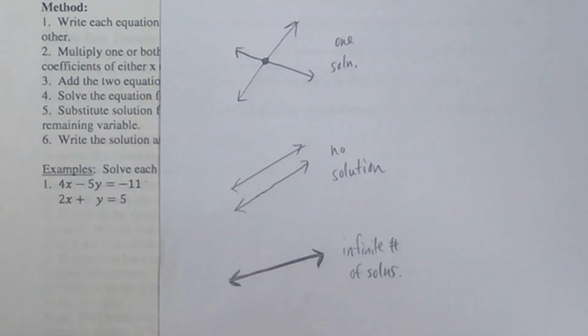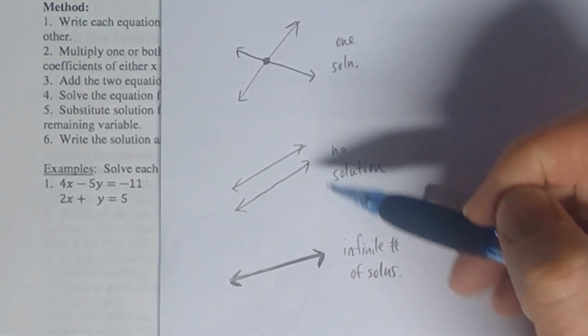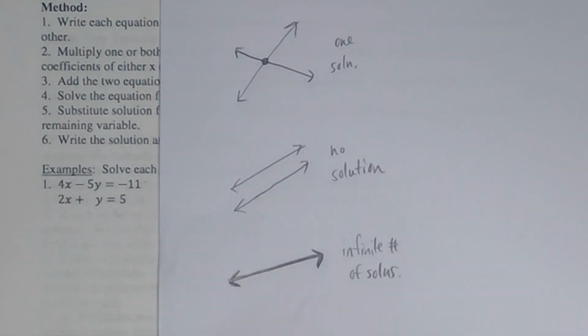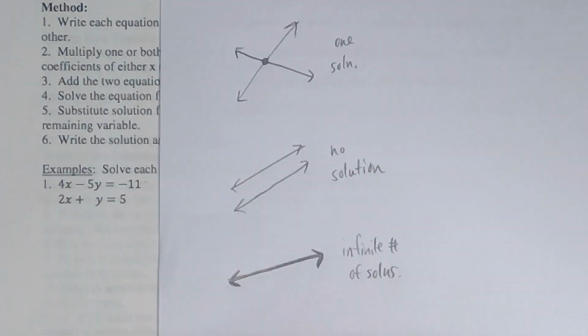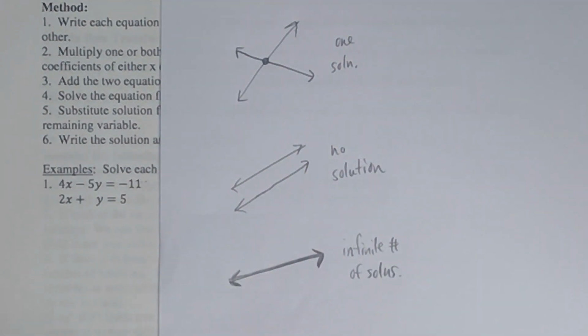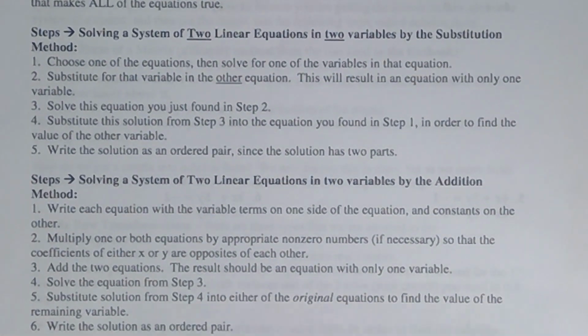All right, so how do we find this out? Well, you might be wondering, well, why don't we just graph it all the time then, since we've already talked about how that all works and everything. The problem is that graphs are not always perfect, all right? When we draw, our lines are not necessarily perfect, and since we want exact answers, all right, we don't want to worry about the fact that the lines might be slightly crooked, all right? Or even if they are perfectly straight and everything, sometimes it's still hard to see exactly what the point is where it intersects. Okay, sometimes it's hard to see if it's parallel. There's ways to figure that out, all right? Don't get me wrong, but these two methods I've got right here for you are better. They're easier, and you do need to learn both of them, all right,